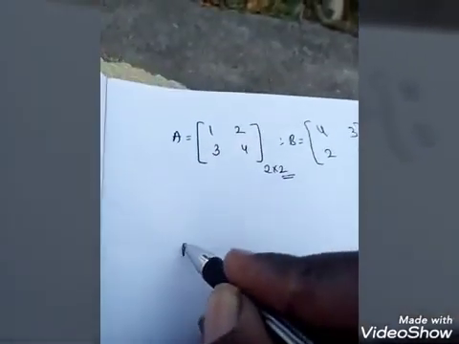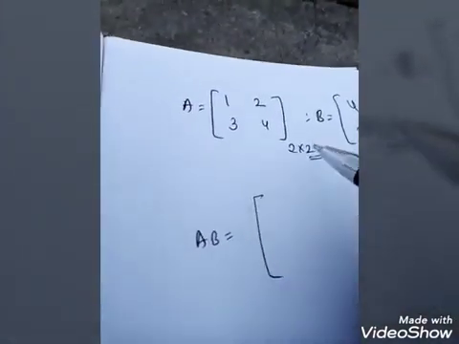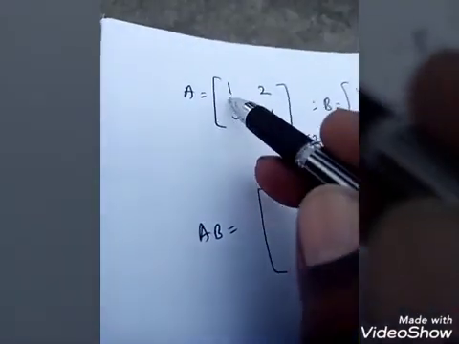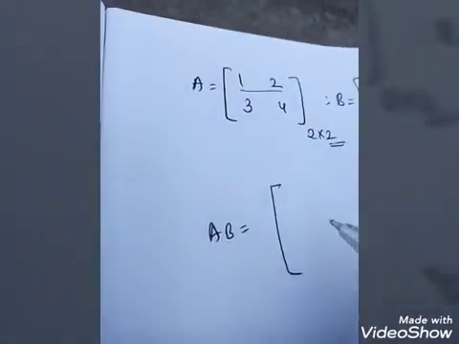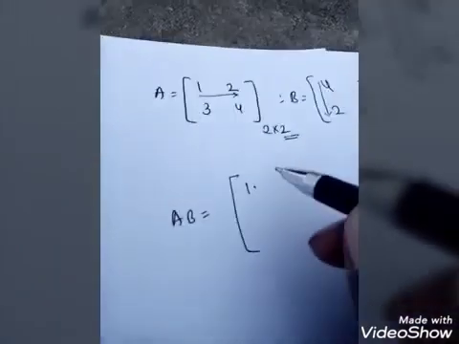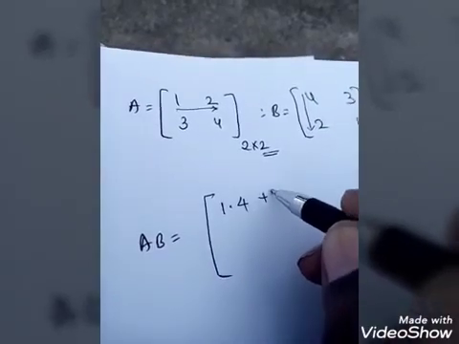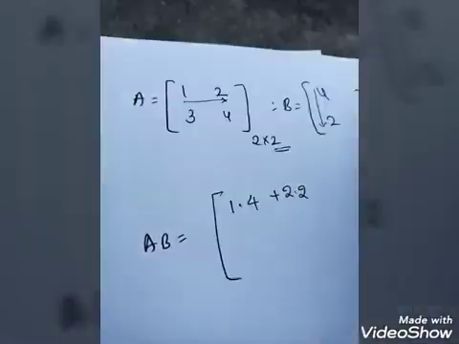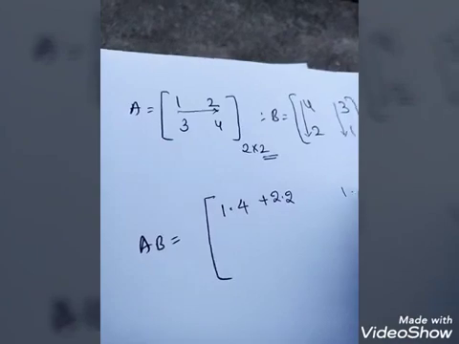Observe there, AB is equal to what you are going to get. Now the first element, A11, means first row, first column. Now this is the first row and this is the first column. Therefore here you are going to get first element with first element, that is 1 dot 4 plus 2 dot 2. Next element is A12, first row, second column, that is 1 into 3 plus